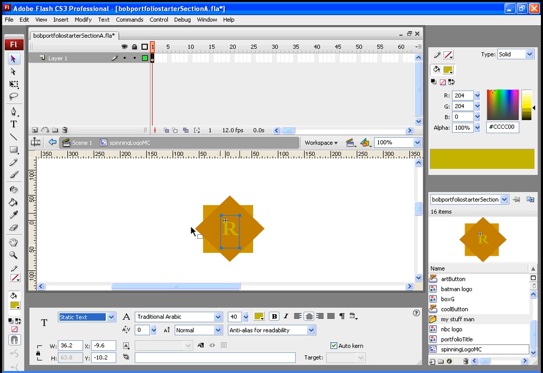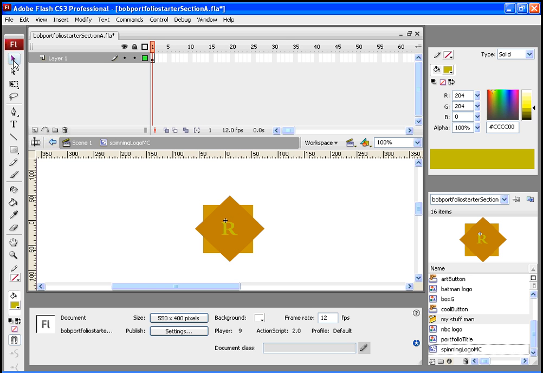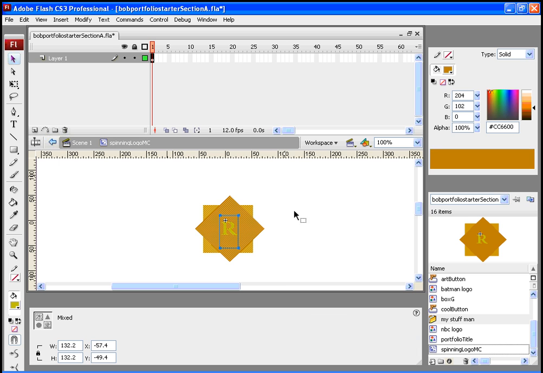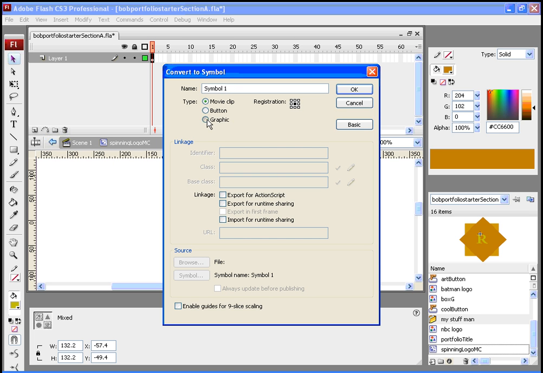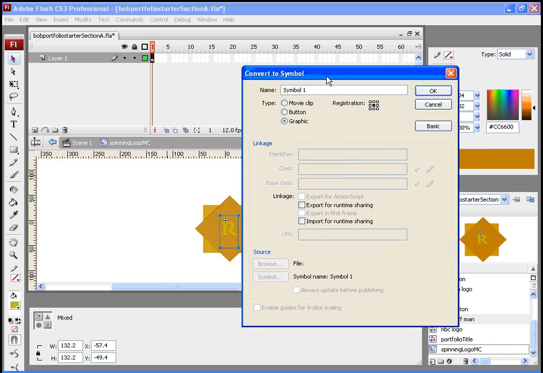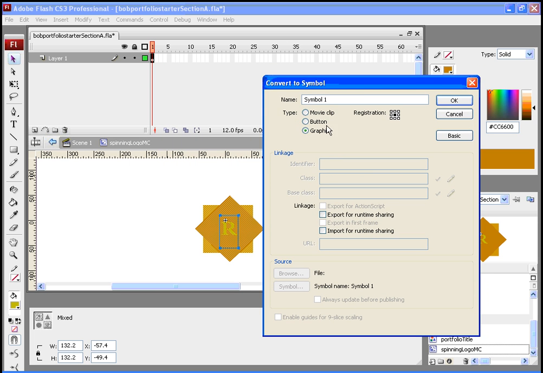So now that we have that all set, I'm going to highlight, using my selection tool, the entire composition I've made right there, and I'm going to convert all of that artwork into a symbol using Modify, Convert to Symbol, and I'm going to convert that into a graphic. The reason is we need to convert that into a graphic so that we can animate that. So I'm going to call that my logo graphic. And the registration point is going to be in the middle,